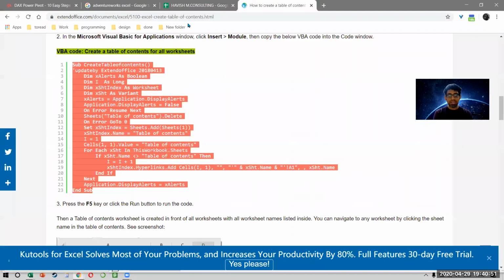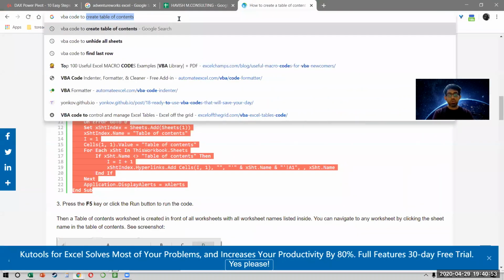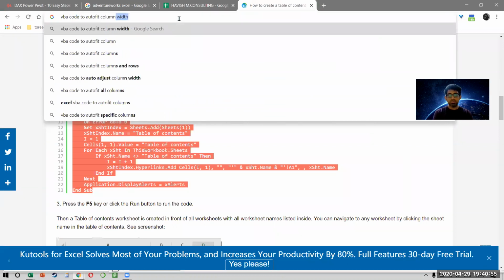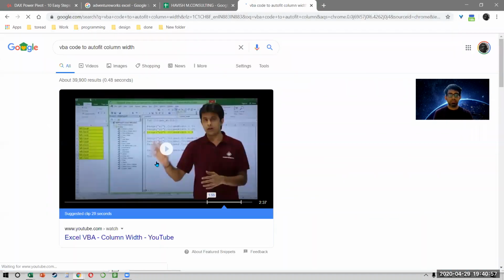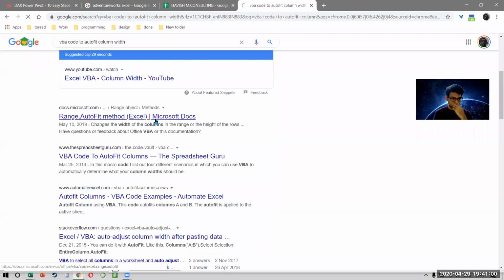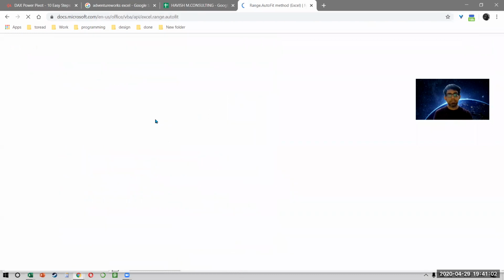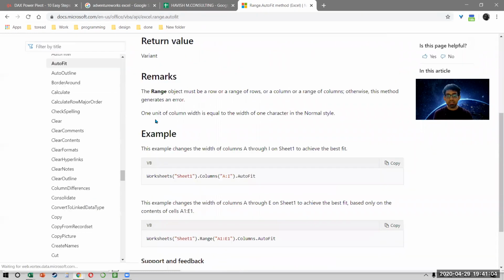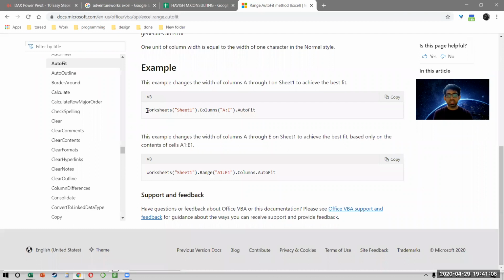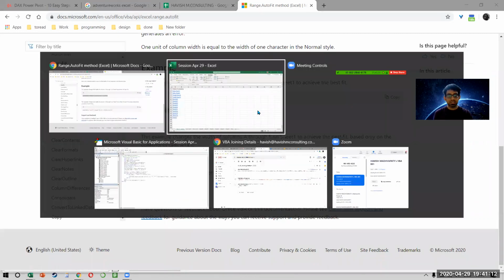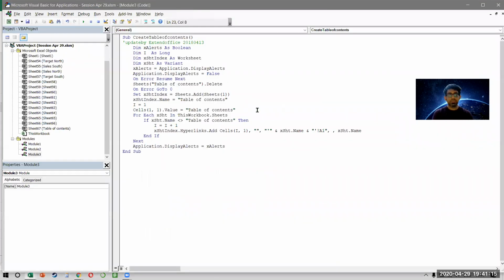So I will again go online and I'll say VBA code to autofit column. Just open any link. It says worksheets columns.autofit. So I can just copy this, come back to my code window.